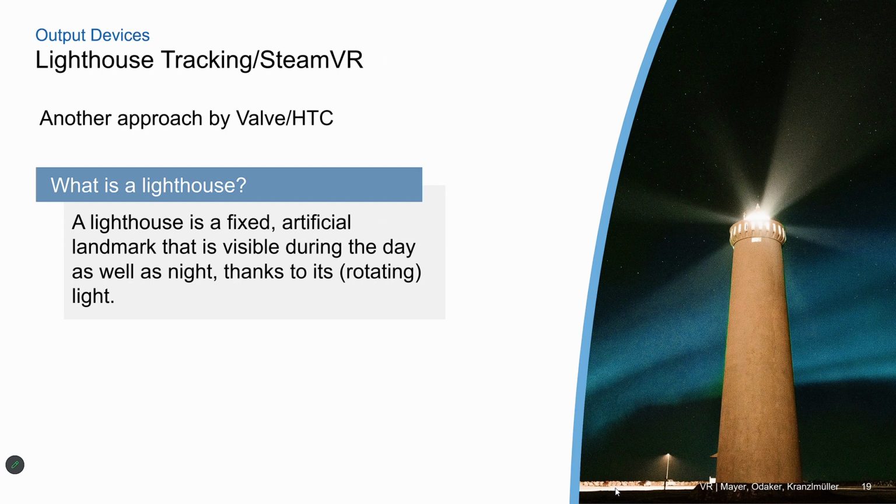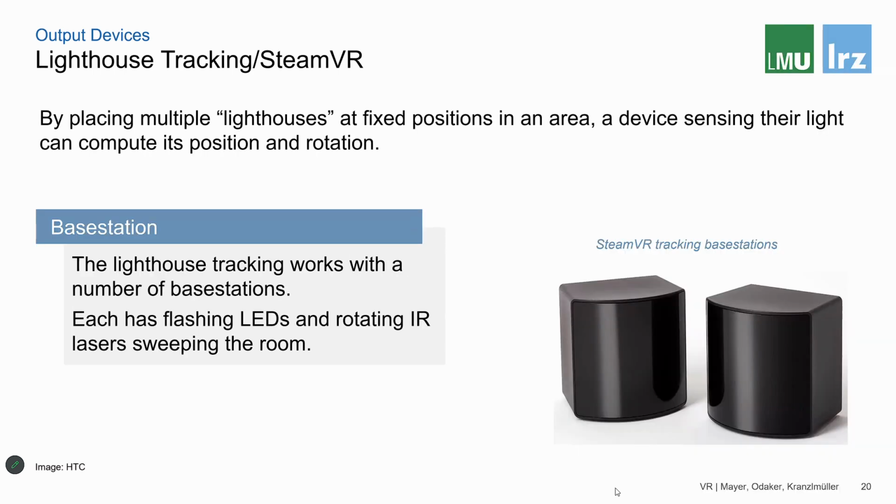So how is this useful for tracking? Well, the idea of the Lighthouse or SteamVR tracking system is that you place a number of lighthouses at fixed positions. So you give a number of reference points, and the device that does the tracking can then see these reference points. If it has been calibrated accordingly, so when you move them around, you need to recalibrate the system, but if it has been calibrated once, and the device sees these lighthouses, then it knows where it is